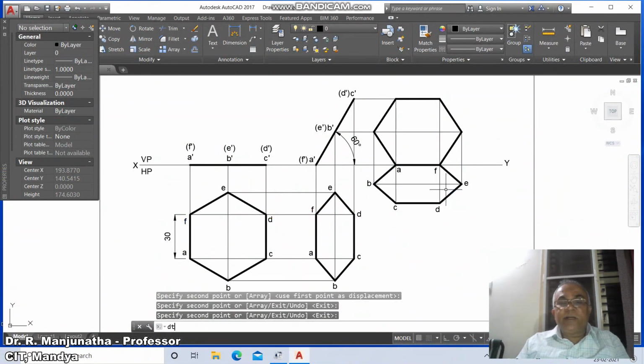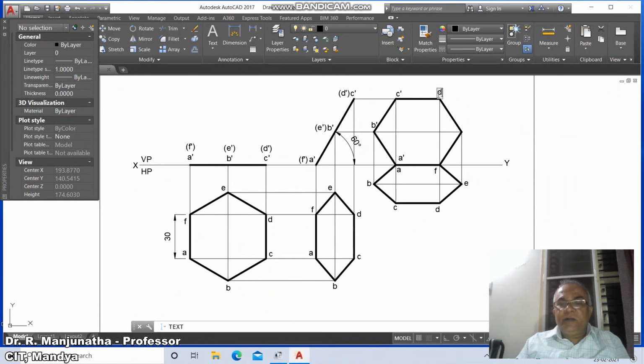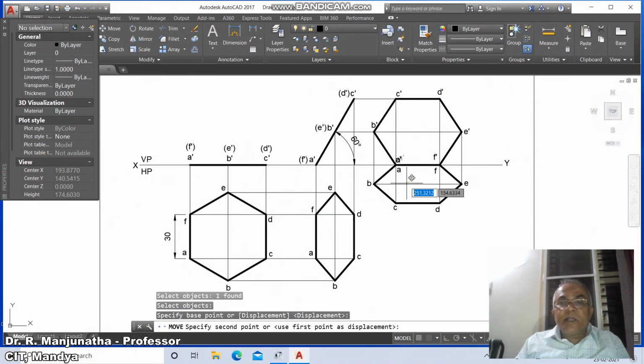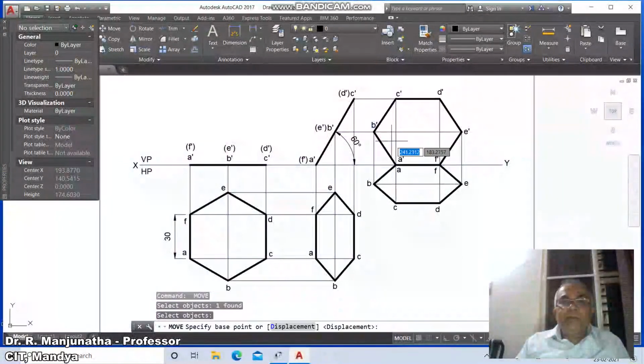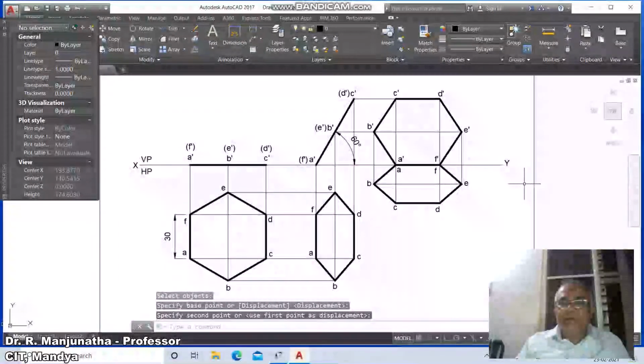Then go to dtext, you copy this, you type A dash, type B dash, C dash, D dash, E dash, and finally F dash. Then go to move, select this, F dash, B dash, C dash, D dash and E dash, F dash.